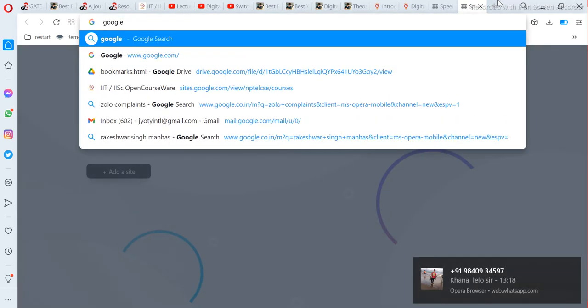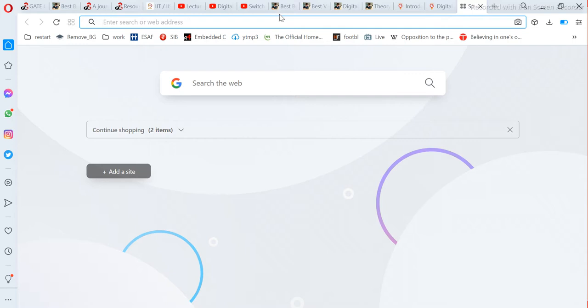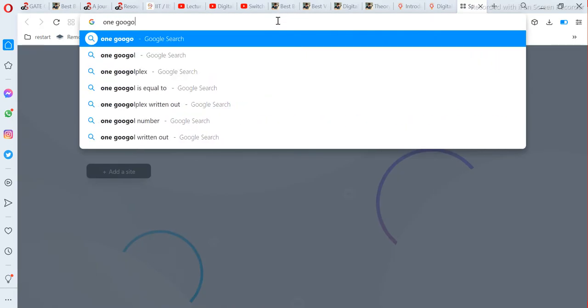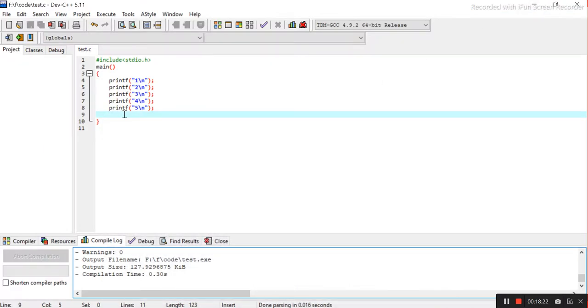Googol value. One Googol. There it is. It is 10 to the power of 100, and this is where the word Google comes from, right? That it has the exponent of 100. It knows that much. So if I tell you to print a Googol numbers on the screen,